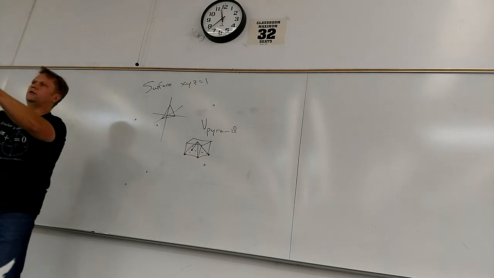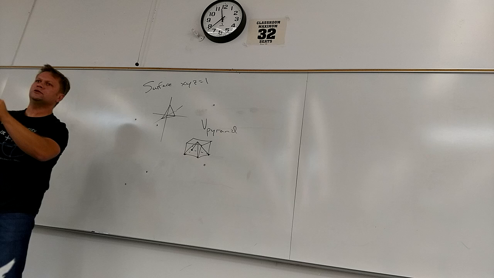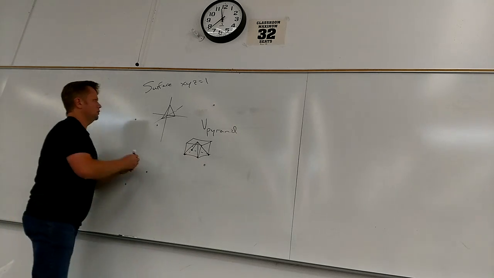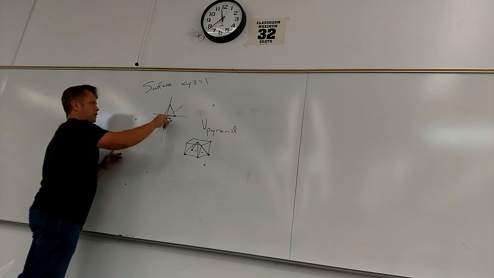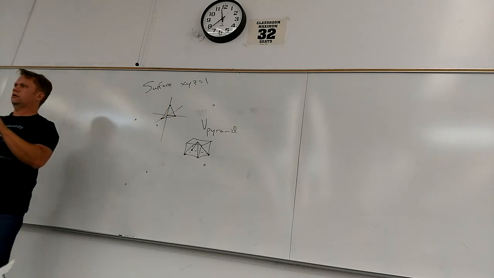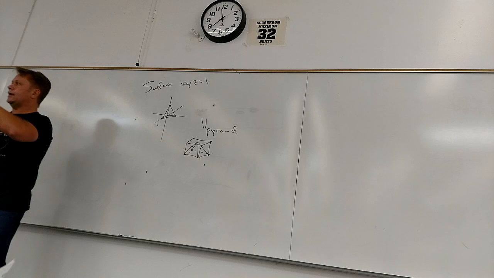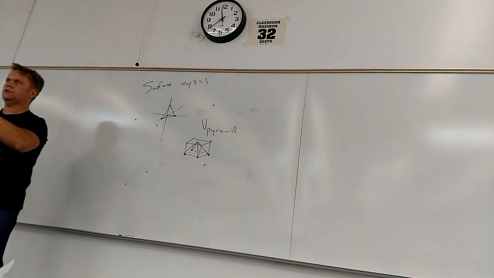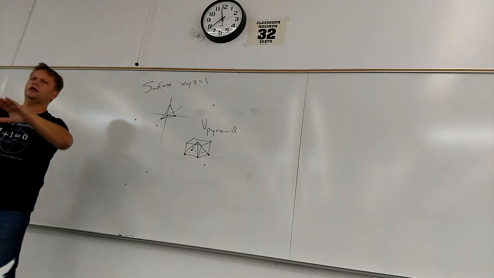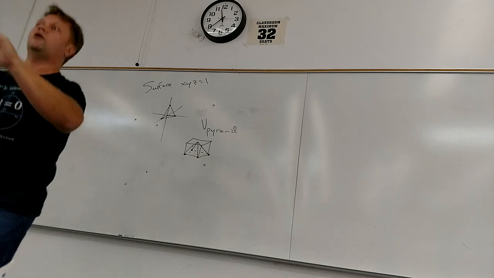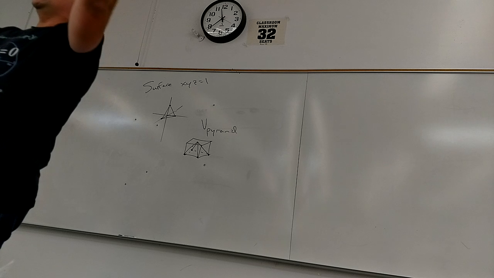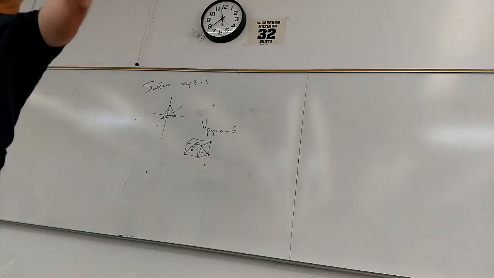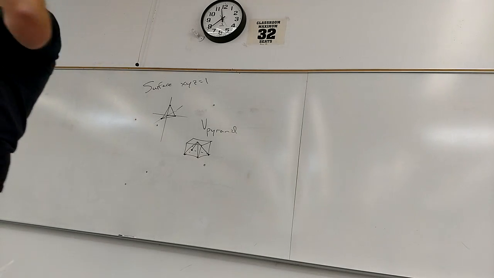Okay, so what do I need to know? I need to know how big this triangle is here, right? And of course, this one would tell me the height of the thing. So I need to find the tangent planes to this surface. I need to follow that process. And it will be a little disgusting because you're finding all of the tangent planes. So obviously that means that your equation is going to have a lot of variables in it, right? So you're going to want to give yourself